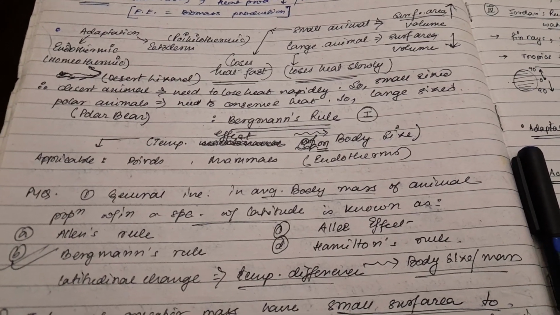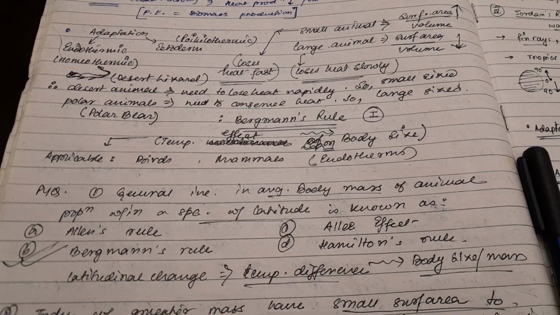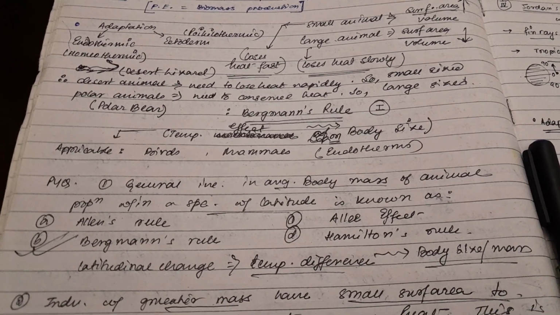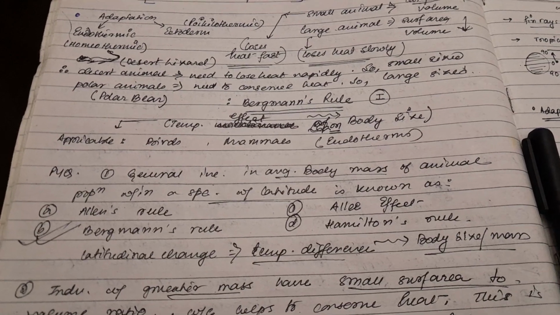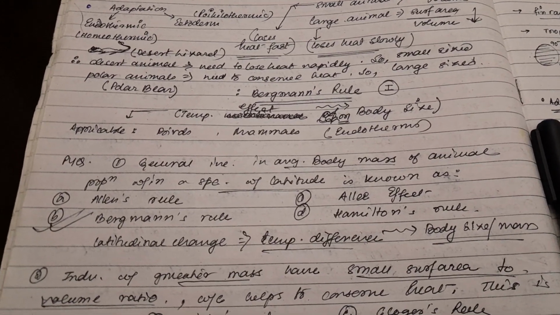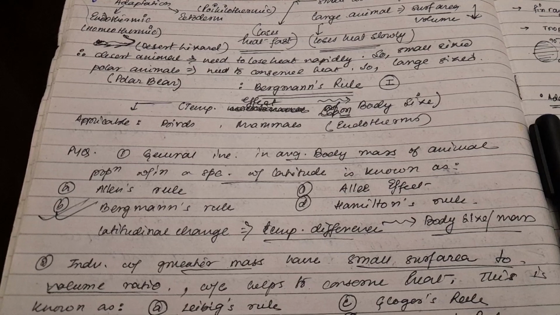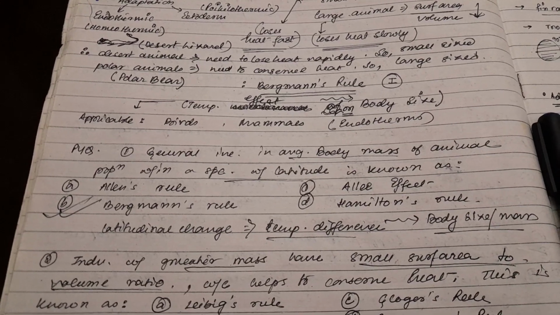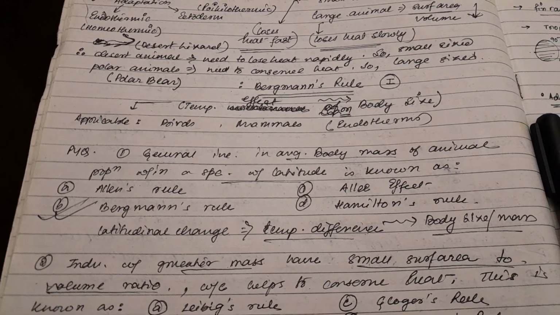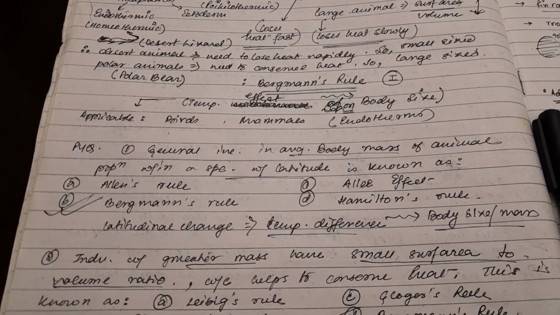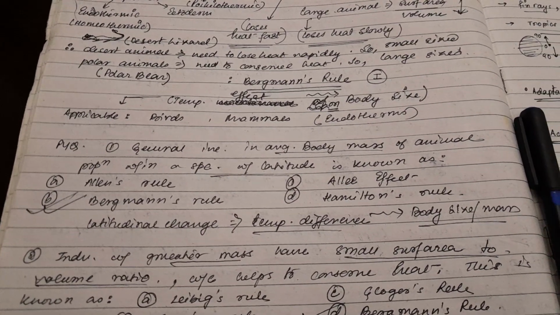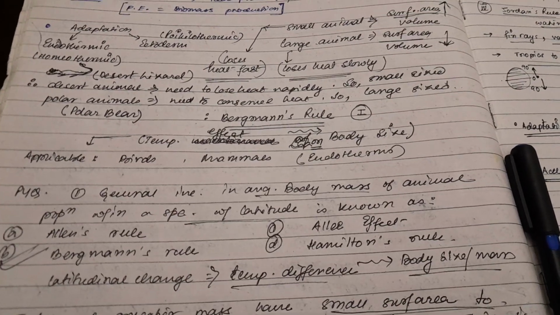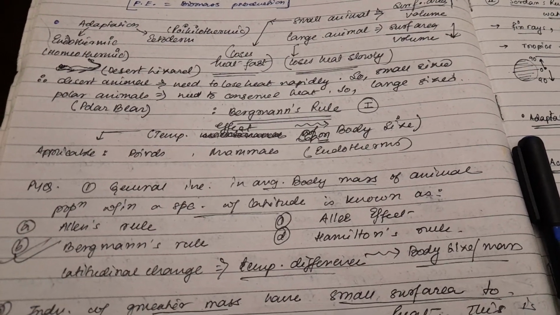As a result, if surface area gets reduced, we know that dissipation of heat becomes very difficult. But if the surface area is more, like if you spread hot sand, it will radiate heat and lose heat very quickly. But if you keep that sand confined in a tall cylindrical vessel, that sand will conserve the heat for a longer time. So this works in the case of animals and their body size also.